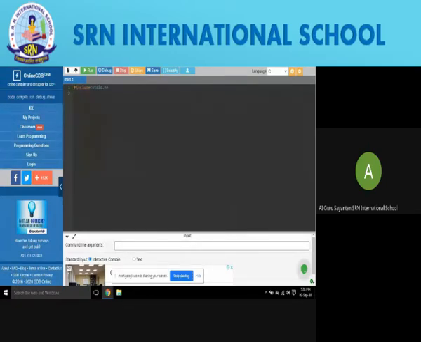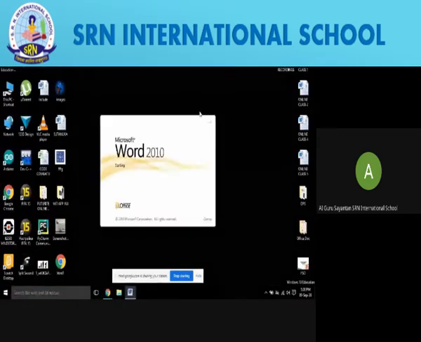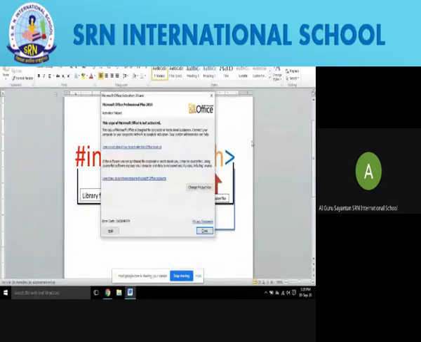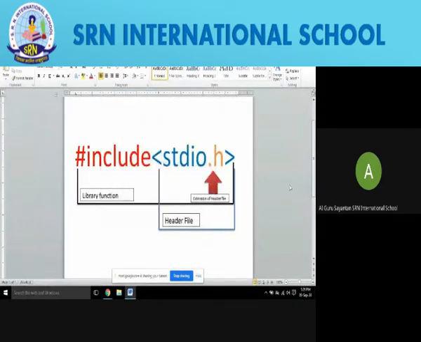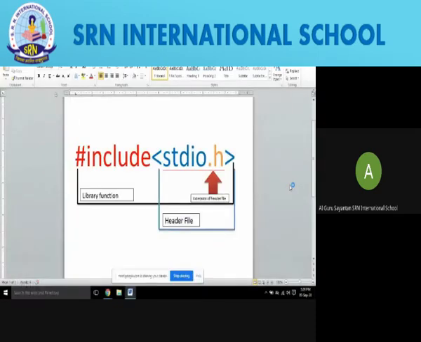Now, I would like to show you a small thing in Word, to show you what the library function is and from which part to which part it is the library function. So from hash to the closing angular bracket, the entire thing from hash include is the library function.